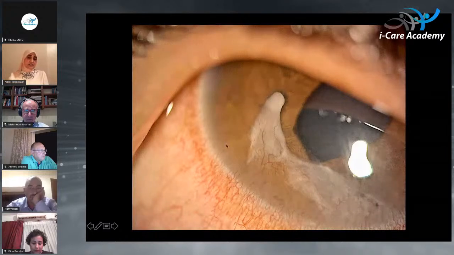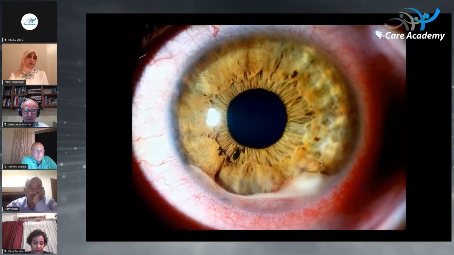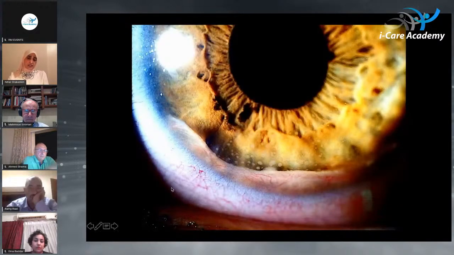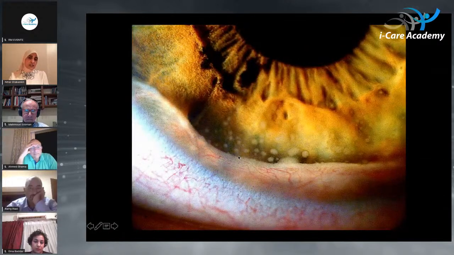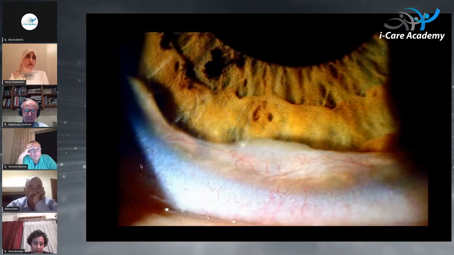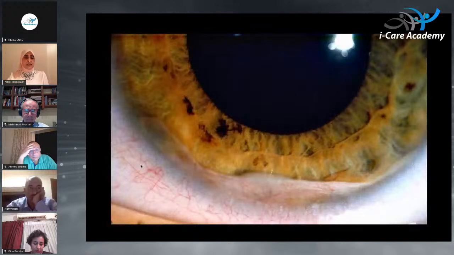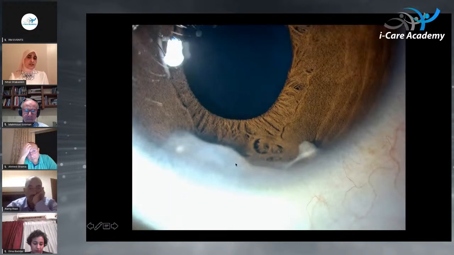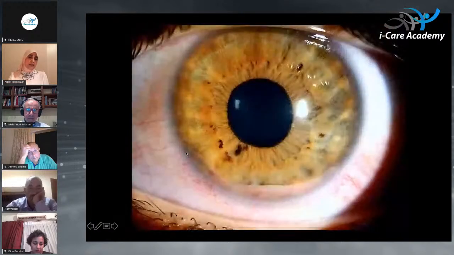In many cases, it is associated with fibrovascular proliferation, and sometimes a granuloma together with a fibrovascular proliferation, associated with cells. And here with magnification, you see the cells and the fibrovascular proliferation in the anterior chamber. In these cases, they usually respond to topical steroids and diminish in size. And sometimes they leave fibrosis in the anterior chamber that may not